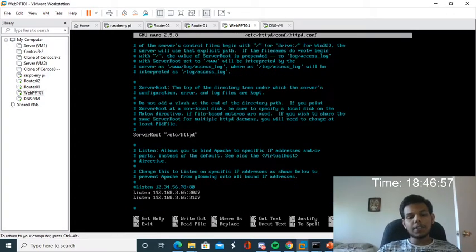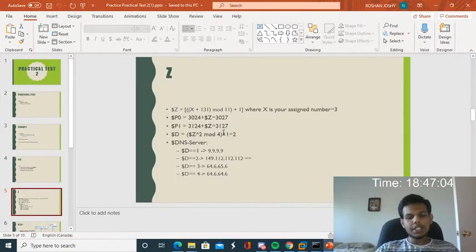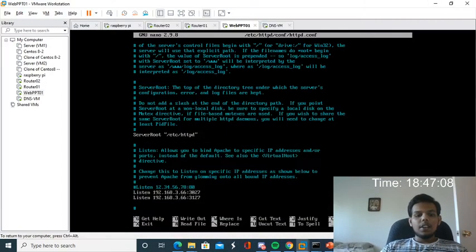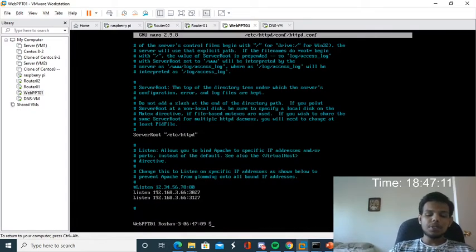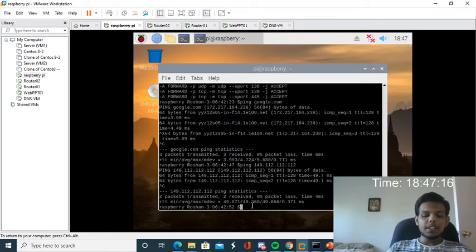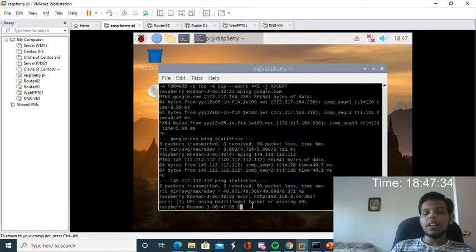Here I have given two ports, 3027 and 3127, like I have calculated. Now I'm going to access this web port from my Raspberry Pi. Here I'm going to type curl http://192.168.3, then the IP address, port 3027.